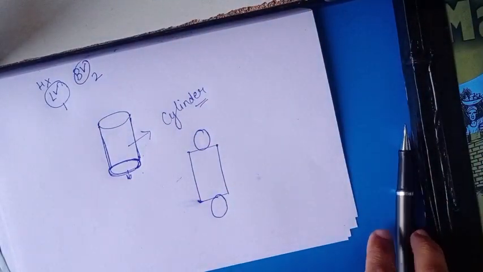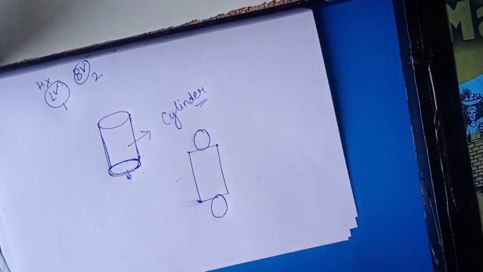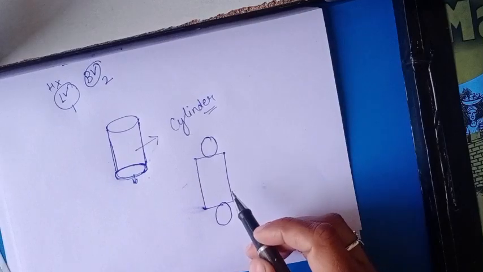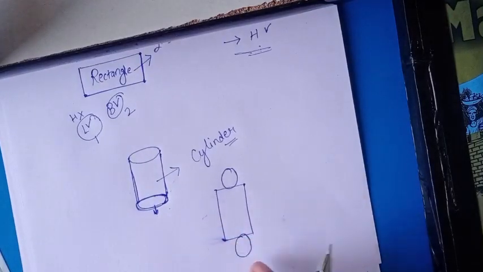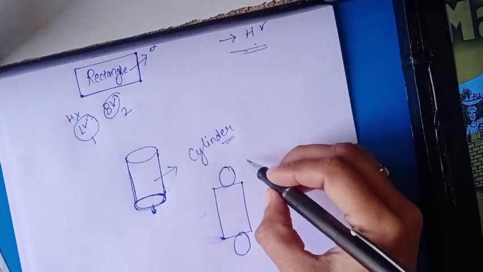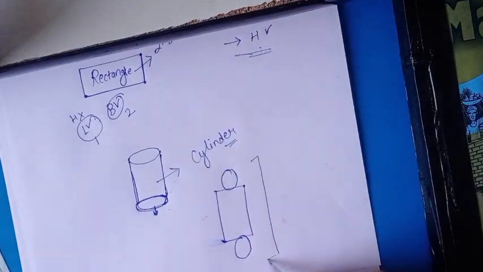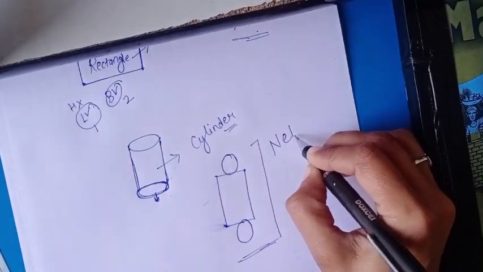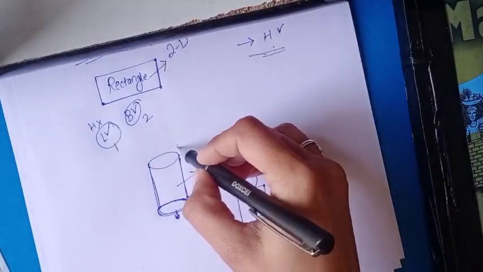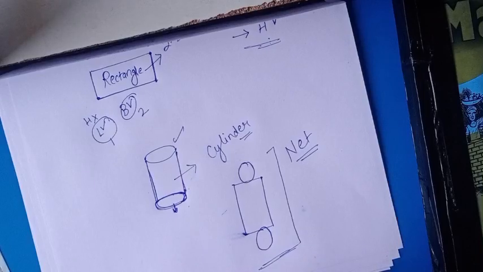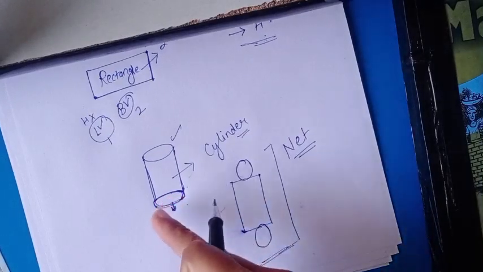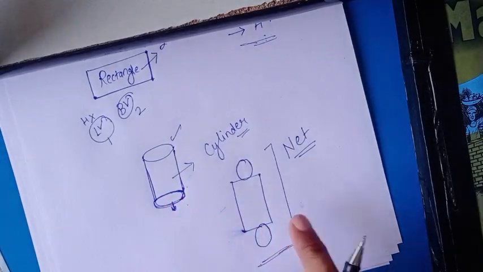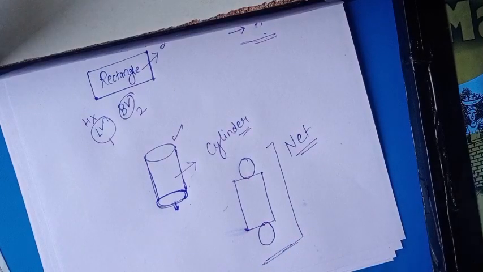Now one question may arise in your mind: this circle is 3D. Yes, of course this is 3D, but when we draw it on paper, it is called 2D, because what we have done in this figure is called a net. This is called the net of the cylinder. When we draw the net of any shape, we discuss it in 2D. Okay, this is our work.